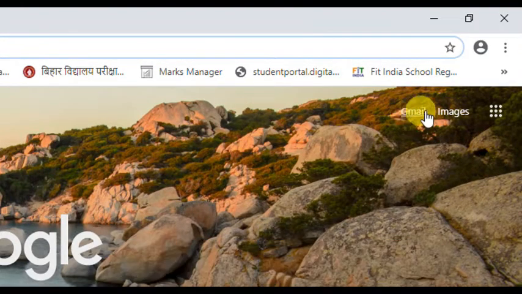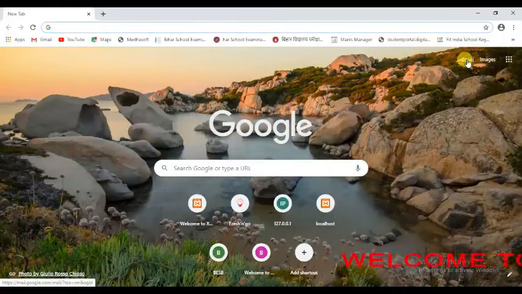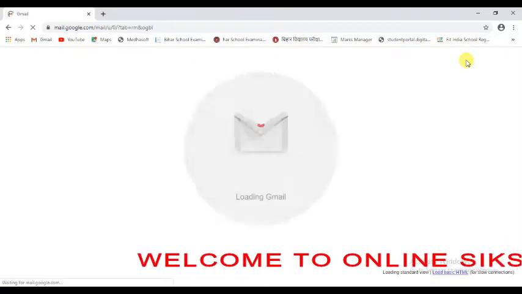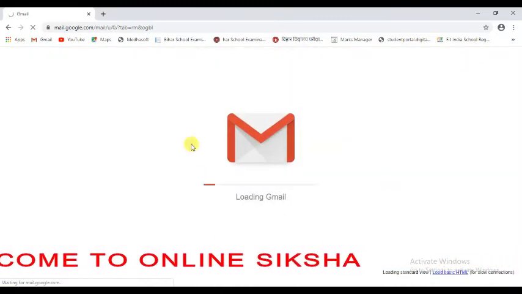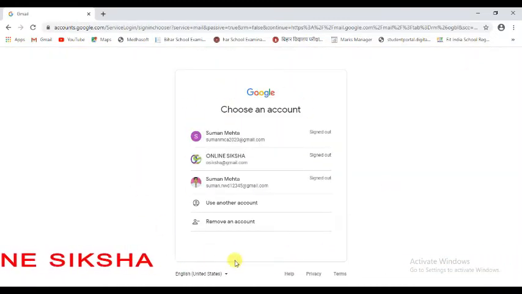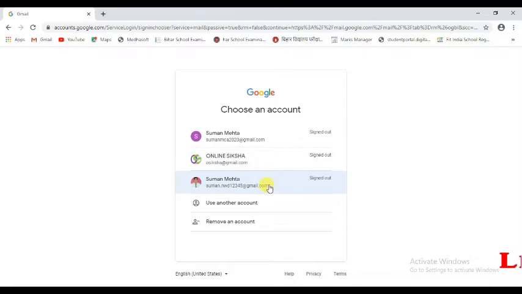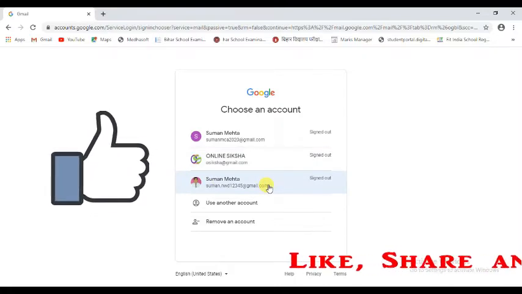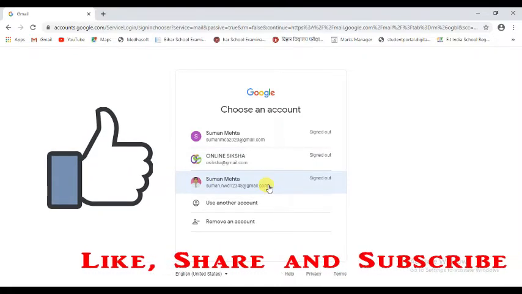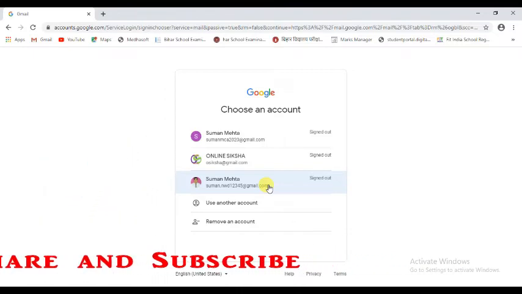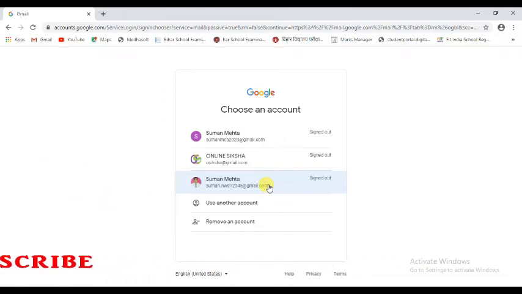You can see here this Gmail. Click this Gmail option here to access Gmail directly. Click over it. It will take you to the next screen. The next window will look just like this. Here you will see your already logged in or saved email account. You can access it by clicking over it, or if you have not saved any email account earlier, you have to type your email account and password.